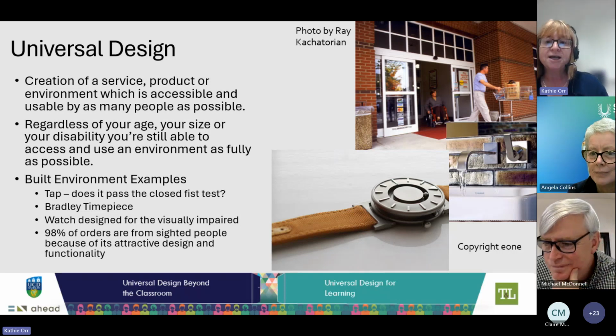So yeah, that idea that if you design universally, if you design for the margins, of people who might need it from a